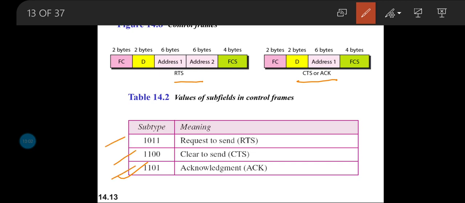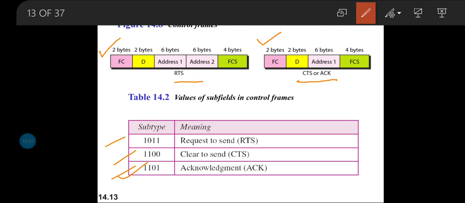So if it is 01, then the subtype fields that it is going to carry are RTS, CTS, and acknowledgement. Depending upon whether you are going to send the RTS frame, CTS, or acknowledgement, the respective frame type will be transmitted.